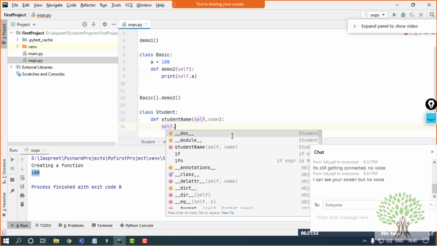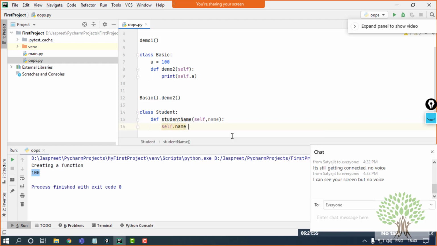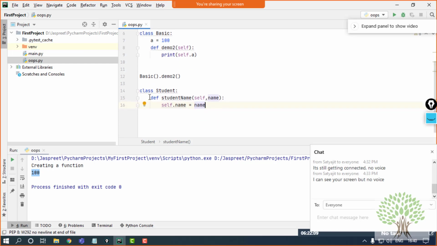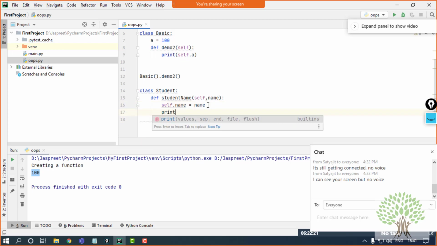So that I will be using through the self attribute, and I'll have it in a local variable which will be inside this particular class only. This is a local variable for this class. Outside the scope of this part, this name is not going to have any existence. Fine.